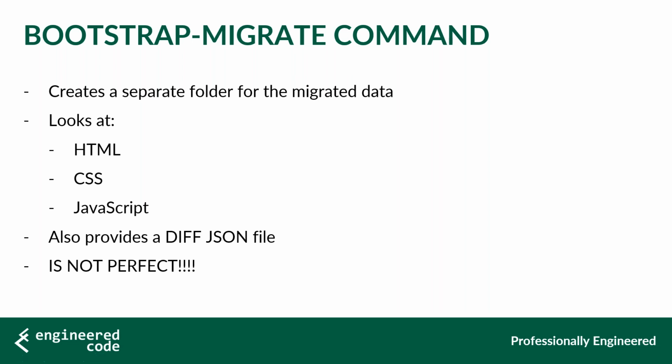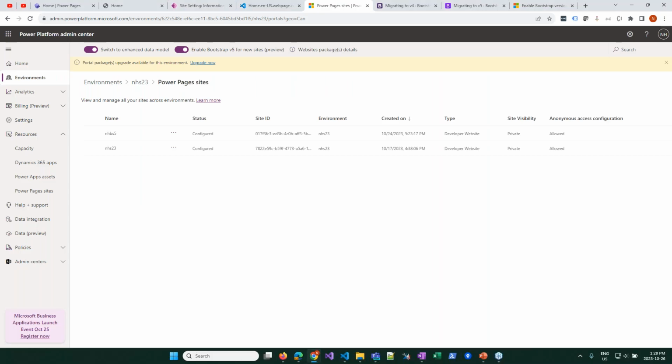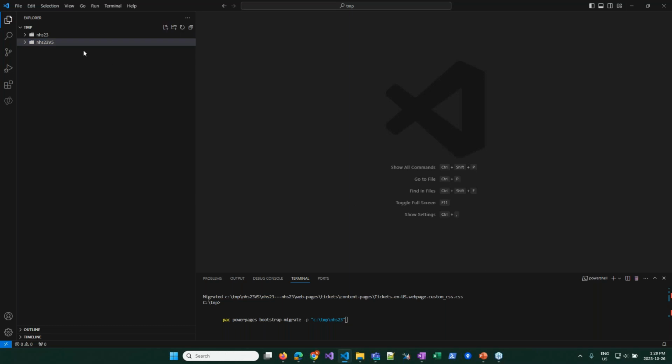Okay, so why don't we look at how that actually works in practice here. So I've got my site here, and I've got VS Code. What I did earlier was I ran this command. So if you didn't already know, if you've got the latest version of the Power Platform CLI, still